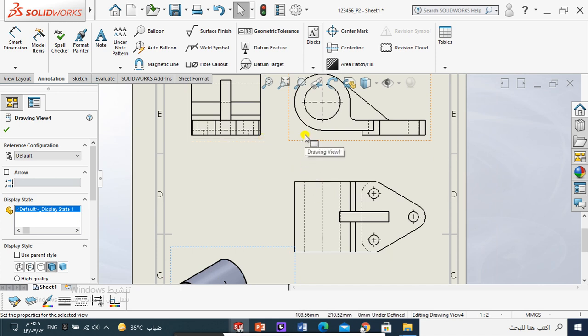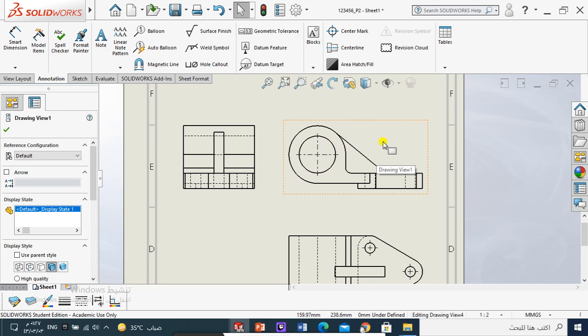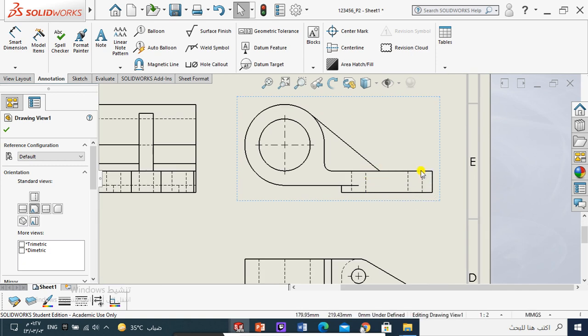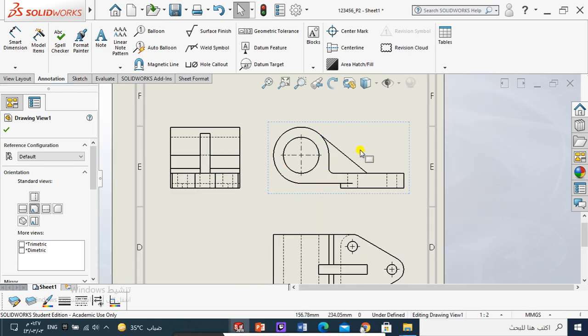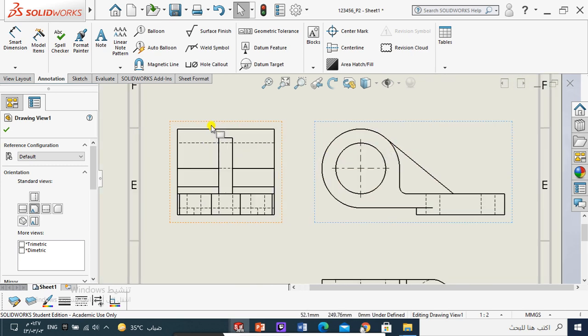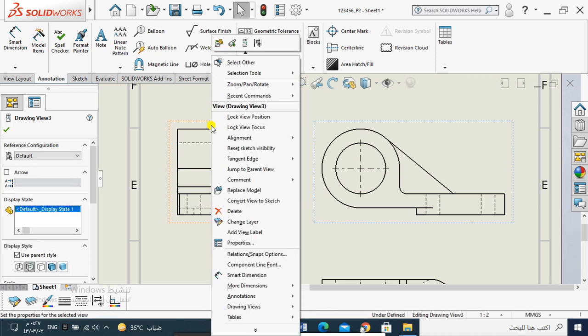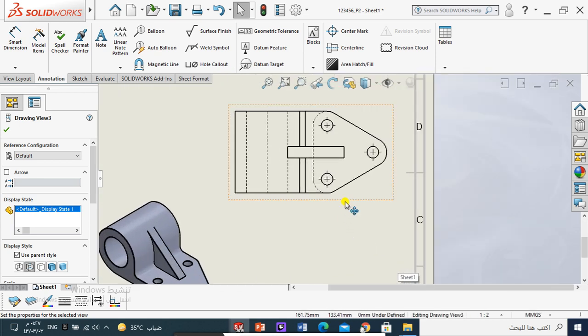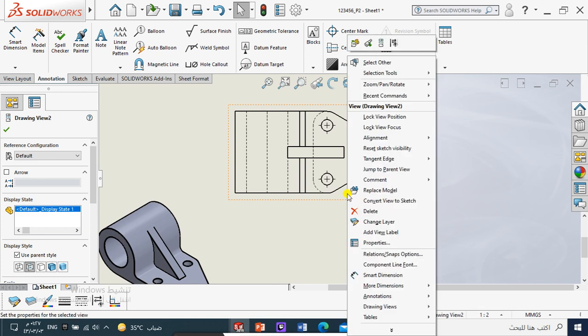What should I do? Right click on the front, then tangent edge remove. See what happens? Some lines have disappeared. I have to do that for the front. Also, I right click anywhere in the right view, tangent edge remove. You see, some lines have disappeared, which are the tangent edges. Now I go here, right click, tangent edge